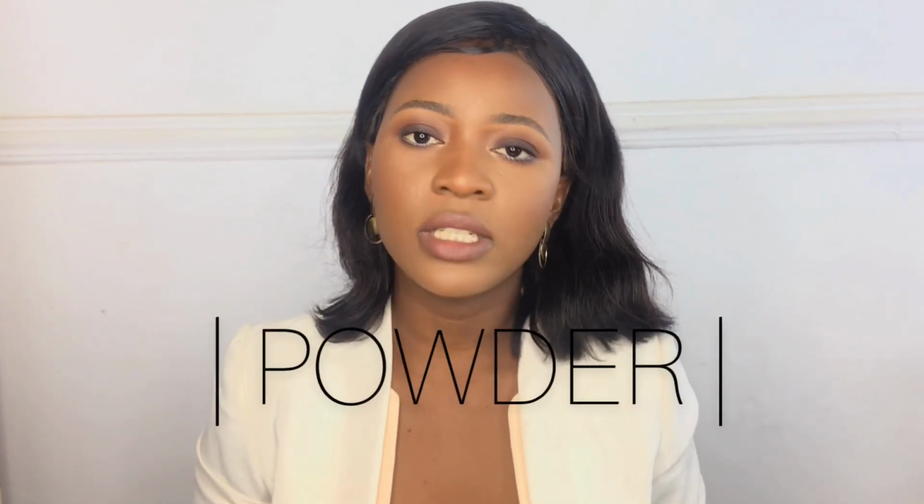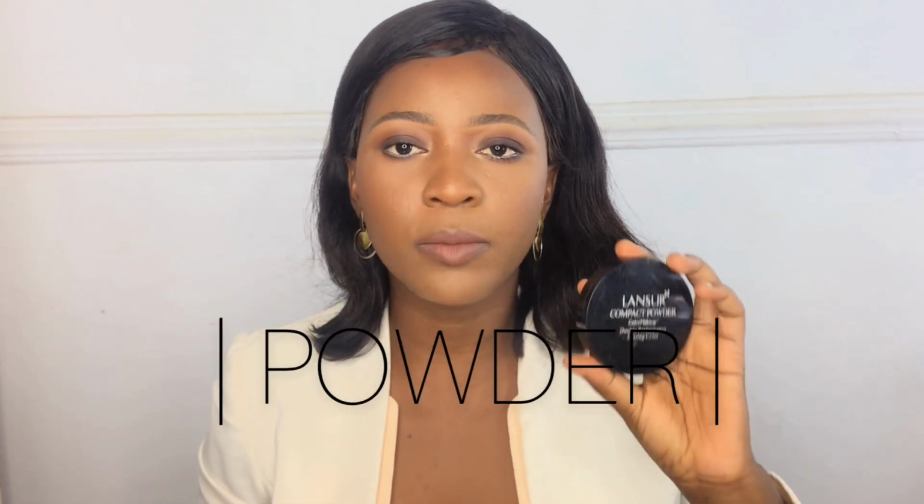However, so the next thing I want to talk about is powder. You need a compact powder to set your makeup in place. Listen, if you don't set your foundation or your concealer in place, your makeup will not last long. I mean, you have to, and you need a really good compact powder in your kit. There are some affordable ones, and the one I'm going to introduce to you guys is the Milani